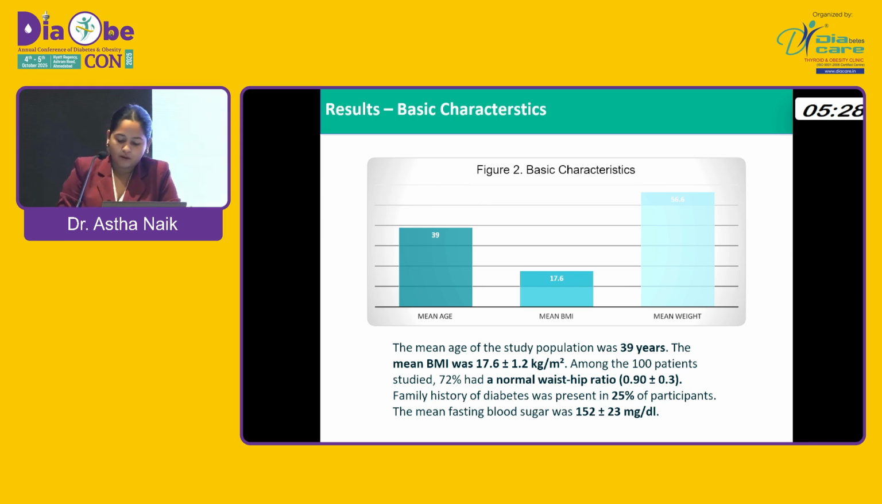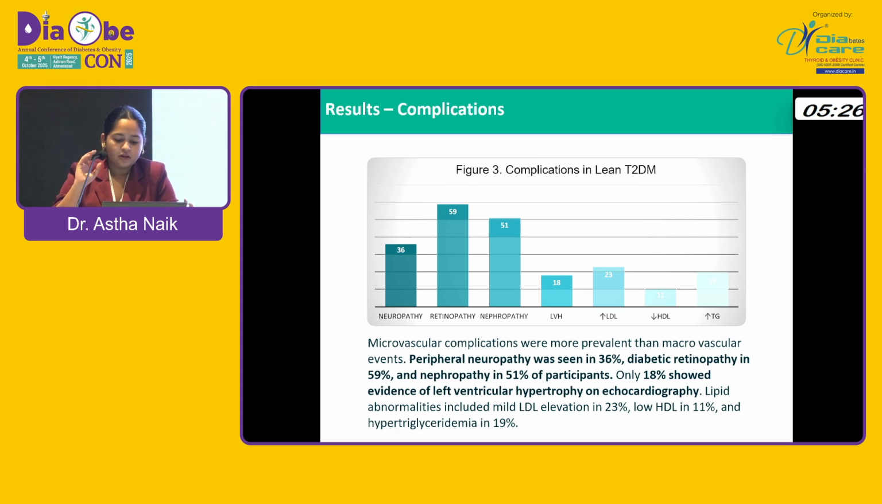When it came to complications, the results were striking. Retinopathy was found in 59% of these cases, neuropathy in 36%, and nephropathy in 51%. Shockingly, left ventricular hypertrophy, that is a macrovascular marker, was seen in only 18% of these cases. The lipid profile was relatively preserved. Only 23% had mild LDL elevation, 11% had low HDL, and 19% had high triglyceride levels, suggesting less dyslipidemia compared